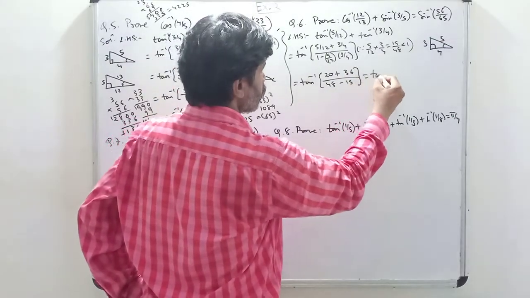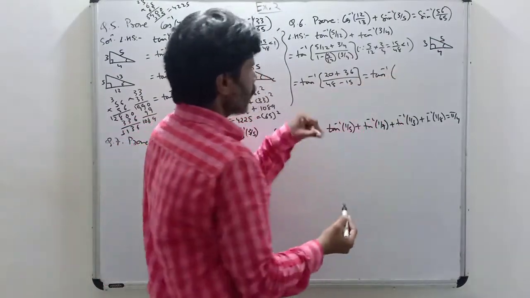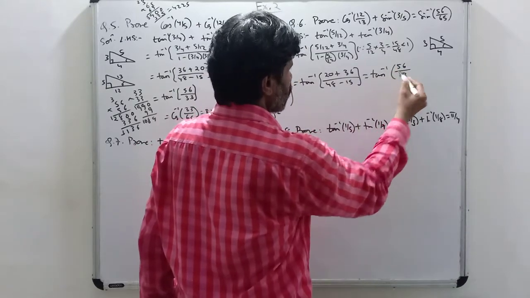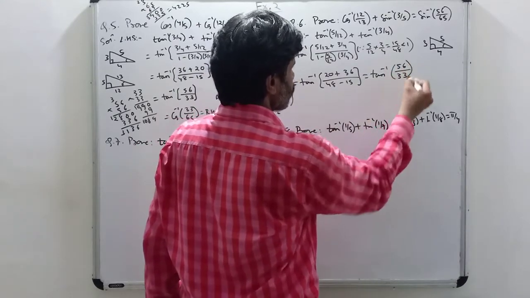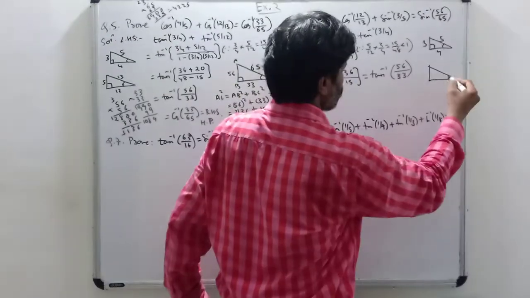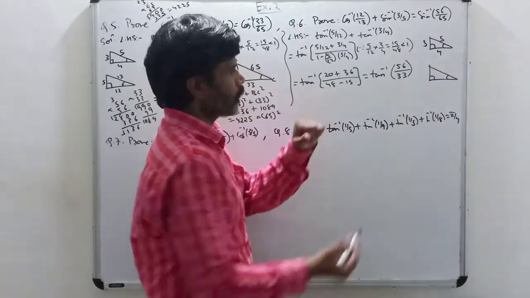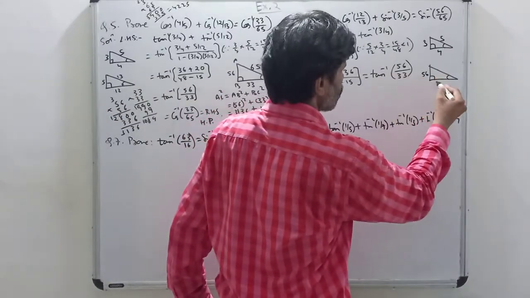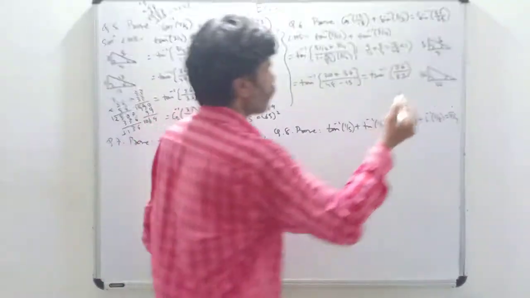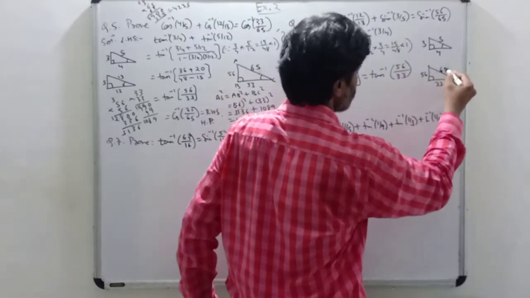So that is equal to tan inverse of (20 + 36)/(8 - 5 3, 4 minus 1), which is 56/33. Same way here, on a right angle triangle, tan means opposite upon adjacent side. So 56, 33. According to this, 56 square plus 33 square will be what? 65 square. So here our square root will be 65.